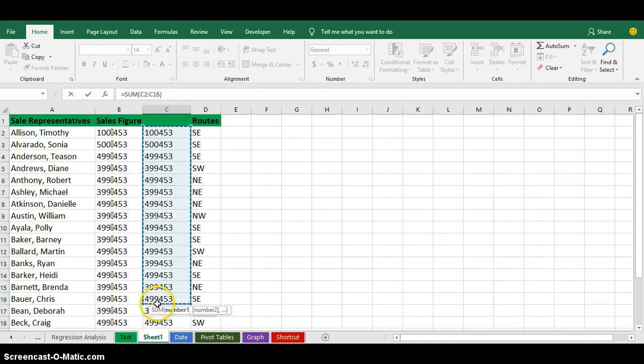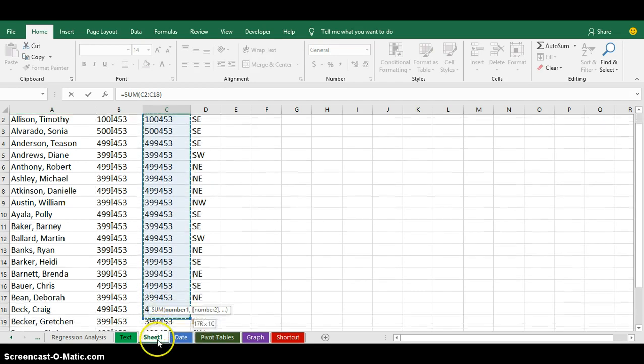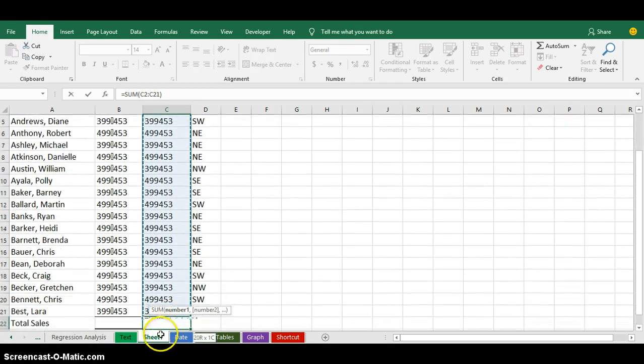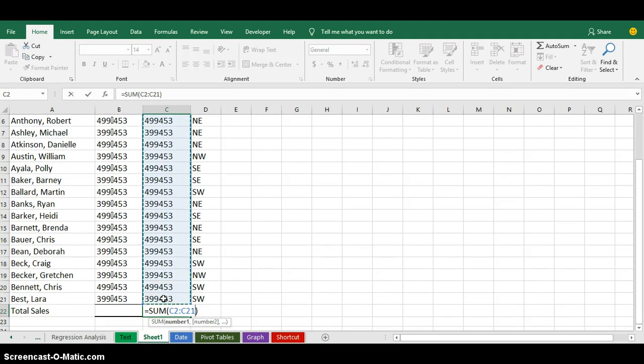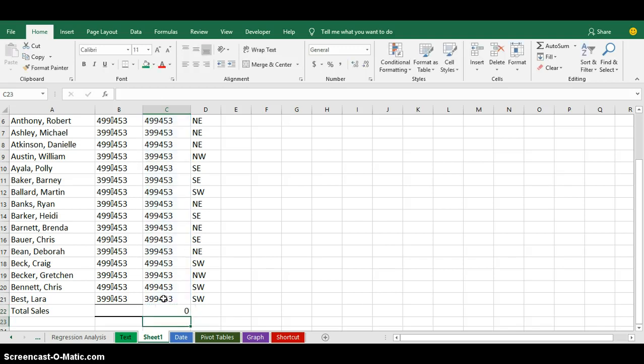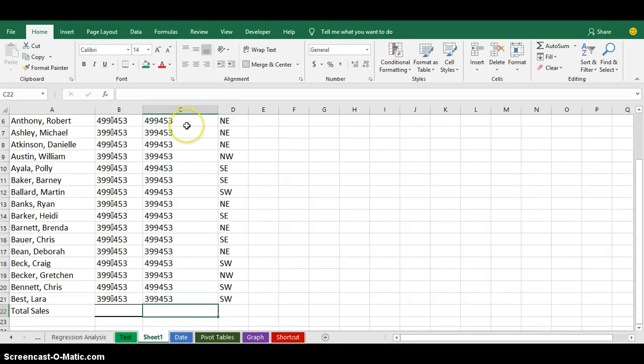So I'm putting the cell reference. The cell reference is from C2 to C21 and I press enter. It's giving me 0 again. I'm still not getting my answer. So let me explain what happened here. Let me increase the width a little. If you look at it,